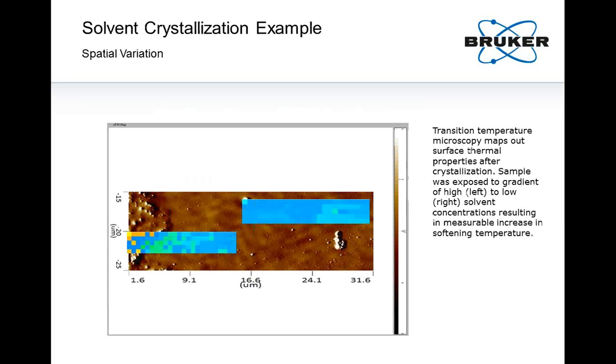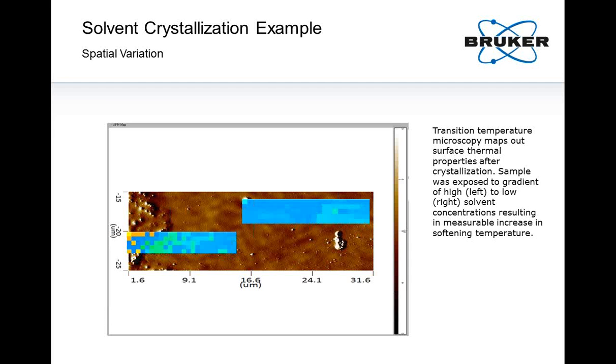And so here we see the result of this treatment. The brownish image in the background is the AFM image. Overlaid on it in the bluish color code, the transition temperature microscopy maps. And we see indeed a range of colors there, going from the bluish to the reddish as we go from right to left roughly. So from right to left, we have a tendency of increasing transition temperature as we have increased the solvent concentration going from right to left on the sample. And so there's a corresponding trend there,